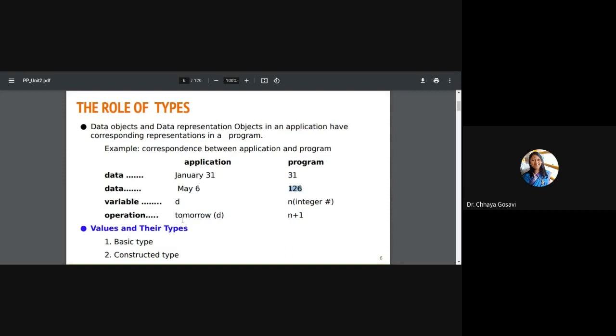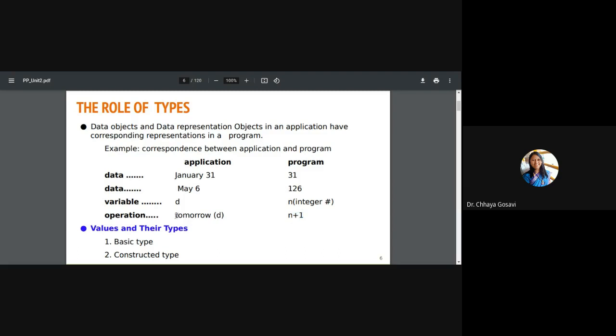If we take a specific day, that should have some integer value. And if you want to check tomorrow, suppose the current day is 27th of January. So what is the day tomorrow? That will be 27 plus 1, that is 28.